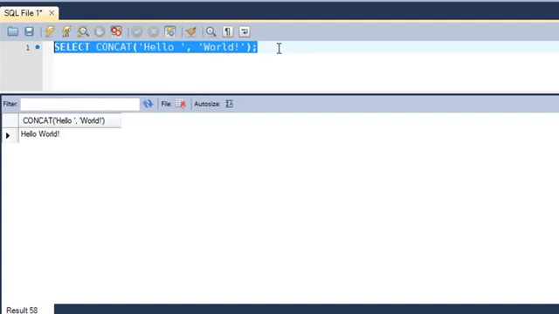Now with this function you can also pull in stuff from tables that you have in your database, right? So for instance, we worked with the tutorial table, and in the tutorial table we had a field named title, and we also had a field named subject, right? So title was basically the name of the tutorial and subject was the name of the subject to which the tutorial belonged to, right? So if suppose you wanted to see the tutorial name and then the string belongs to and then the name of the subject, right? So if you wanted to see something like that for all the tutorials in the table,